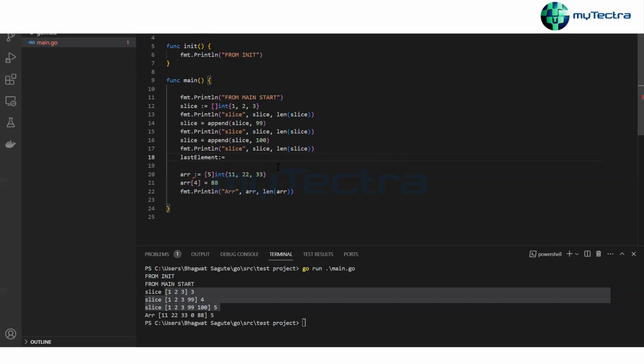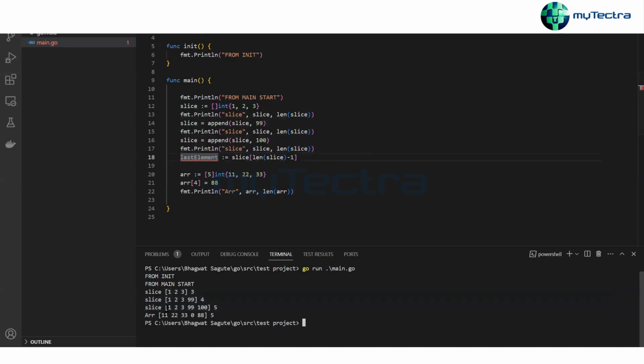If you want to get it from the slice, you have to take this slice, and from that slice you have to take the length of the slice. Length of slice is 5, let's say. From that 5 you need to minus 1 and it will print the last element. Got it? Because our index starts from 0, so 0 1 2 3 4, so to get the fifth one it will start from 0 and take it. So now let's print the last element,